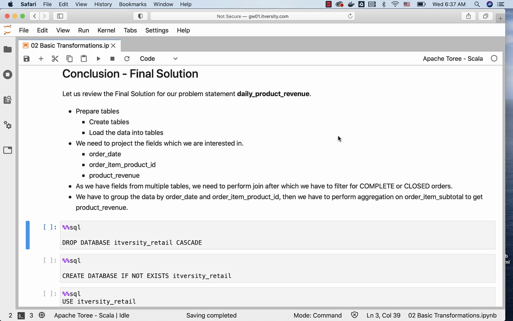As part of this section, we have primarily focused on basic transformations using Spark SQL. As part of basic transformations using Spark SQL, we have covered projecting the data, filtering the data, joining the data, then performing the aggregations, and then sorting. Using the knowledge gained by going through basic transformations using Spark SQL, let us review the final solution